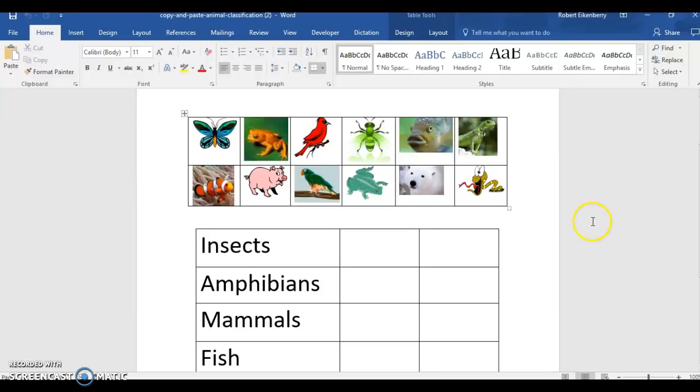All right, so we're going to start with insects. So we have to know what the characteristics of insects are. The characteristics of insects: they typically have 3 separate body parts, and they have an exoskeleton, meaning their skeleton is on the outside of their body instead of the inside. So let's say I'm going to choose a picture that I think is an insect, and I'm going to click